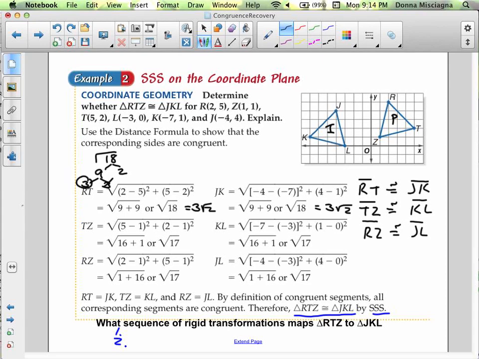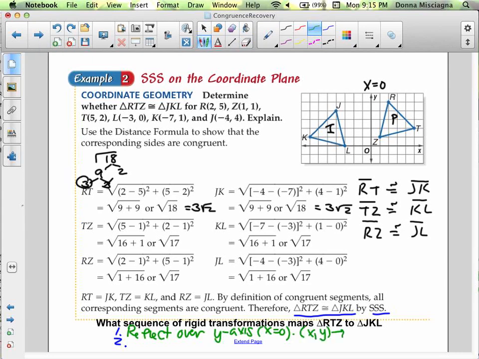Right? So why don't we just reflect over the y-axis, also known as x equals 0? All right, so what sequence of rigid transformations maps triangle RTZ to triangle JKL? This is not the only sequence of rigid transformations. This is one type, one example. All right, so I could reflect over the y-axis and put this in your notes, which is also x equals 0. And when we do that,